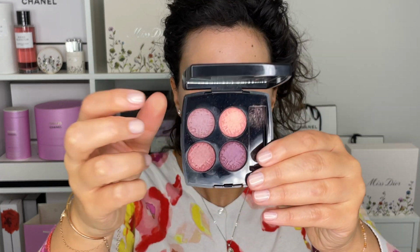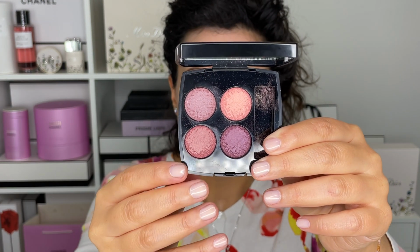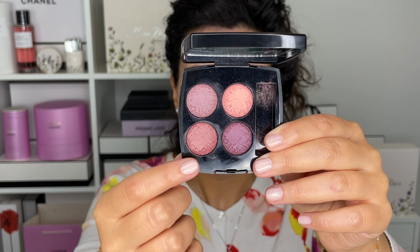I did consider using the Tweed Purple palette, but for today's video, we're going to focus on permanent collection items. This one here was limited edition, but if you'd like to see another look with this,